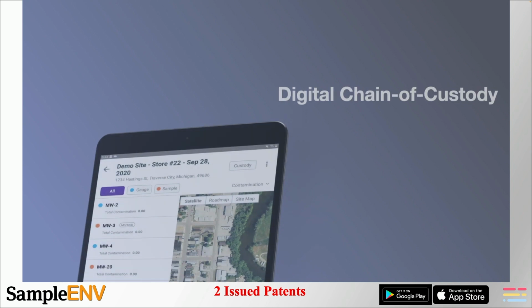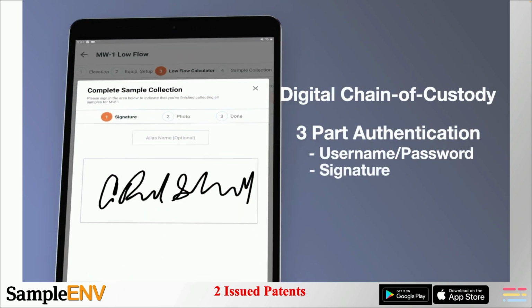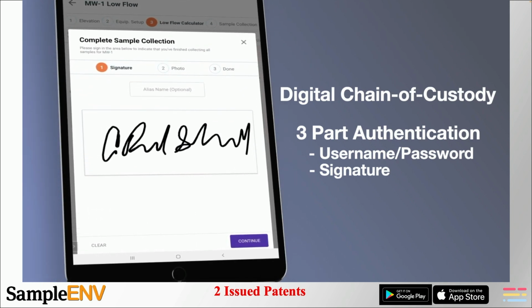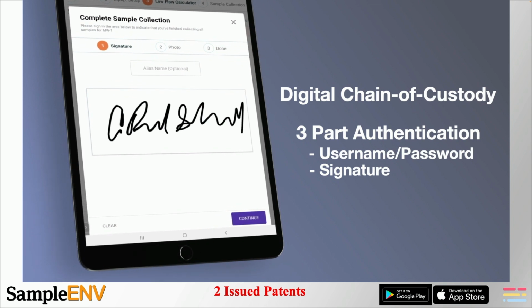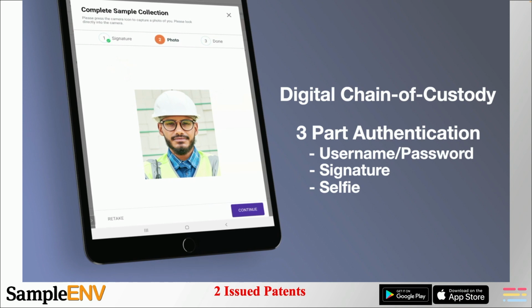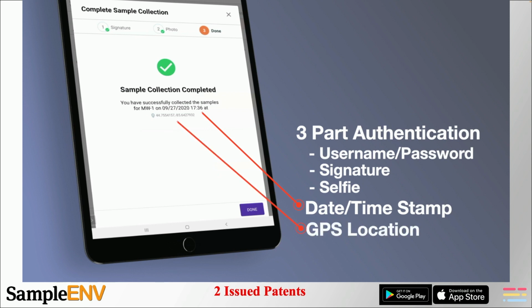For the chain of custody process, we use a 3-part authentication on the field technician user. The first part is the technician's username and password. Everyone knows never give up your password. The second part is the signature on the device. After that, you're going to take a selfie every time you collect a sample and every time you transfer custody. That's how we know with certainty it's you. At the same time, we're also going to get a date and timestamp and a GPS coordinate. So there's no question about the who, the where, and the when of every sample collected and every transfer of